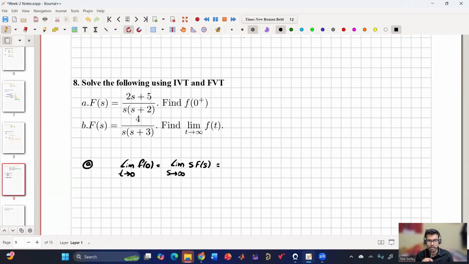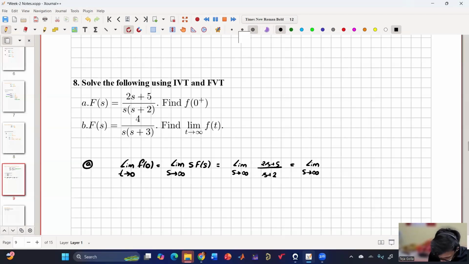Infinity, sir, for the first case. Yes, sir. Okay, others agree. So let me just solve. If we multiply by s, the denominator s will get cancelled. So limit s tending to infinity, we have 2s plus 5 by s plus 2. The s in the denominator and the numerator get cancelled. Now if I divide by s in the numerator as well as the denominator,